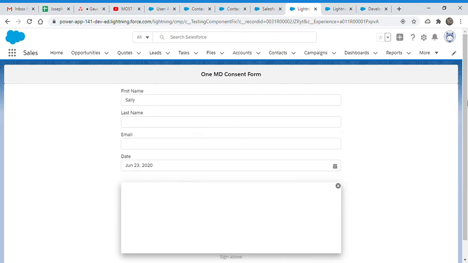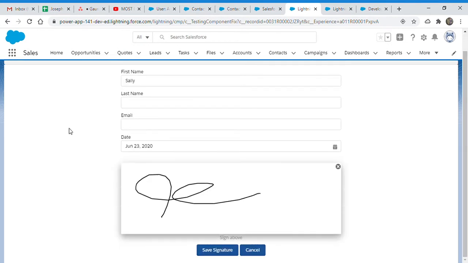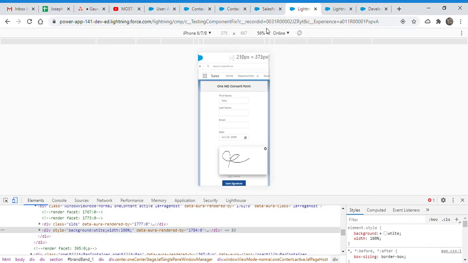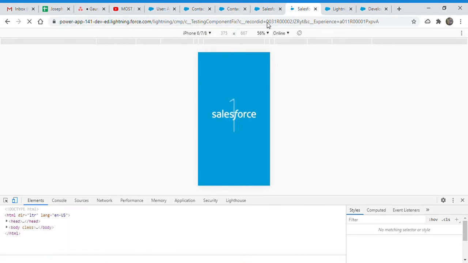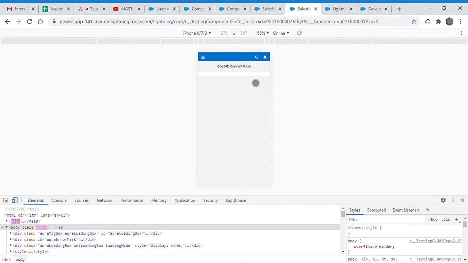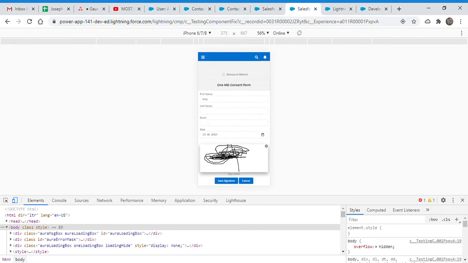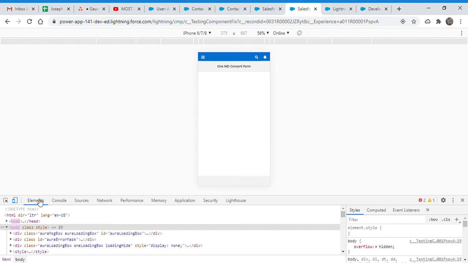You see, both are the same in desktop, but when we come to the Salesforce 1 version or mobile version, what is changed? Yeah, you see, it's now looking normal. But this is the issue that we talked about: when we sign, it is going up and down, and sometimes it refreshes. So that's not good.